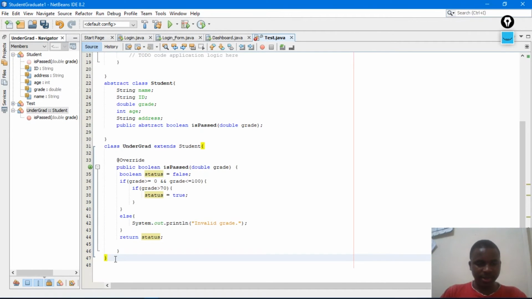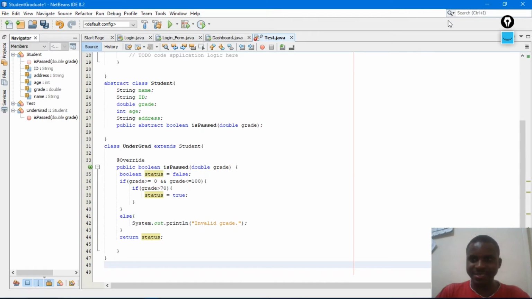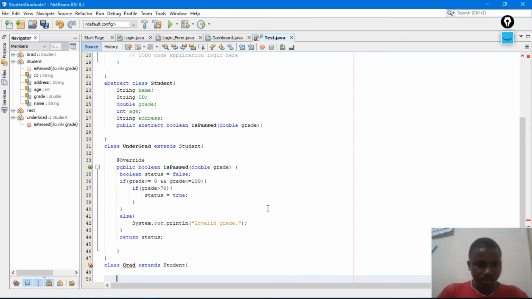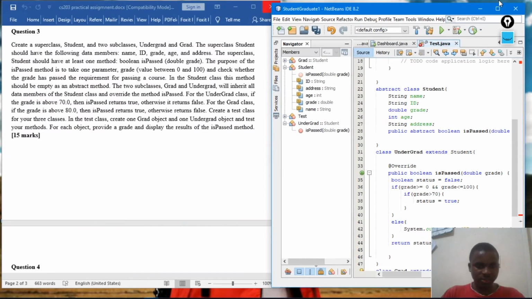Okay, let me create another class called grad. I need another class called grad, which is going to extend also student. And in this class I have to implement the EasyPassed method here. For the grad class, if the grade is above 80, then EasyPassed returns true, otherwise return